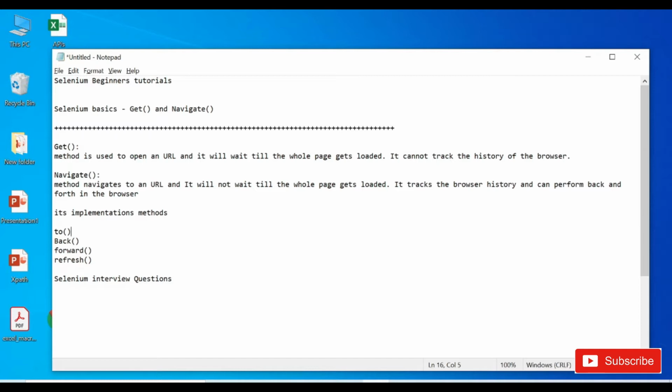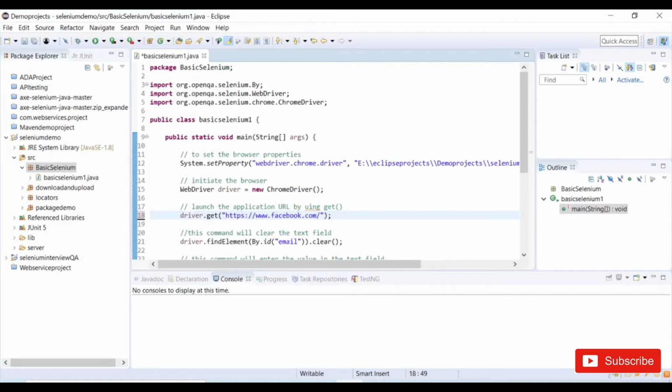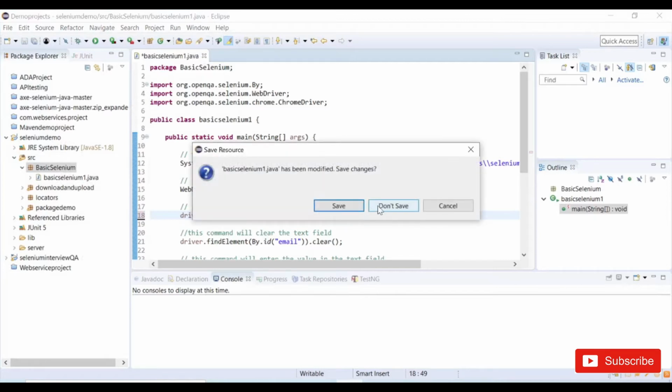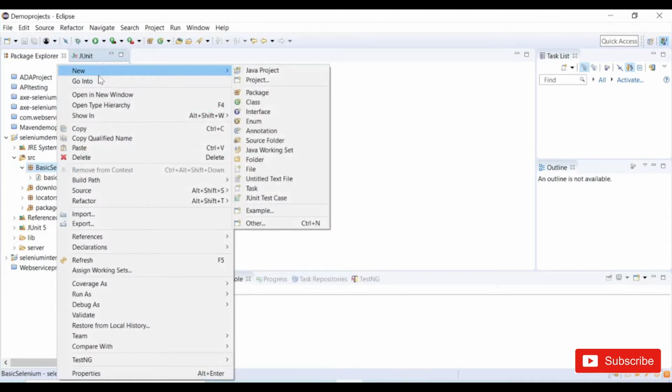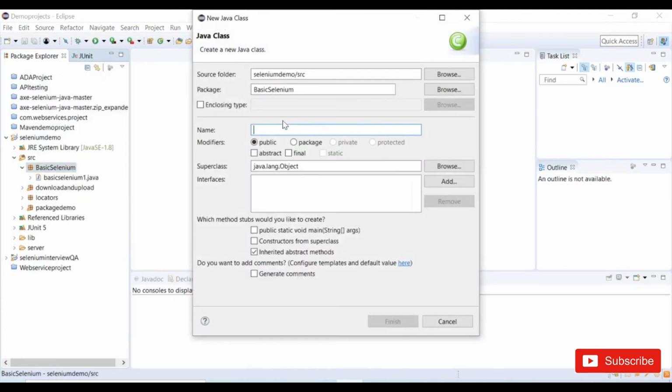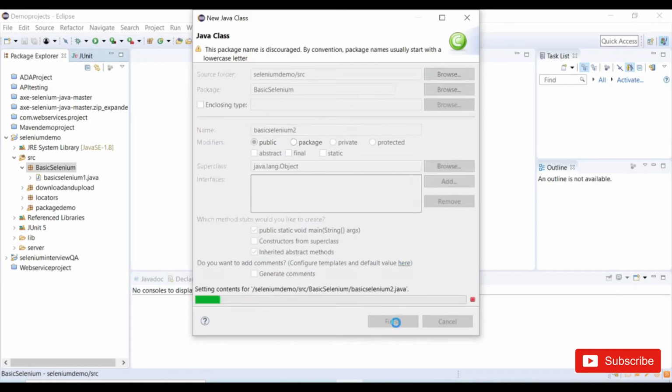So let's jump into our actual Eclipse. Let me create a class. Under the class I will create a method. In the previous session we covered Selenium basics 1. Now we'll do Selenium basics 2. And we need a main method,